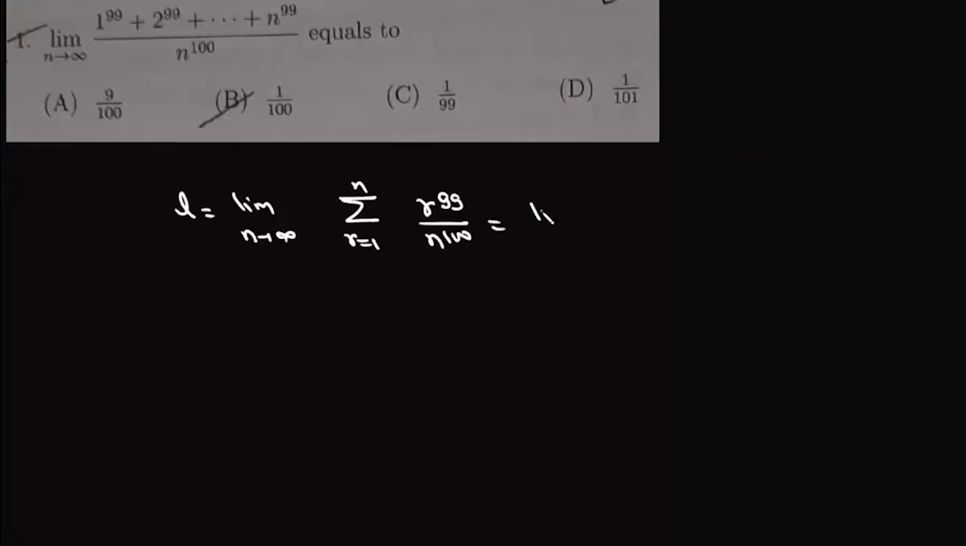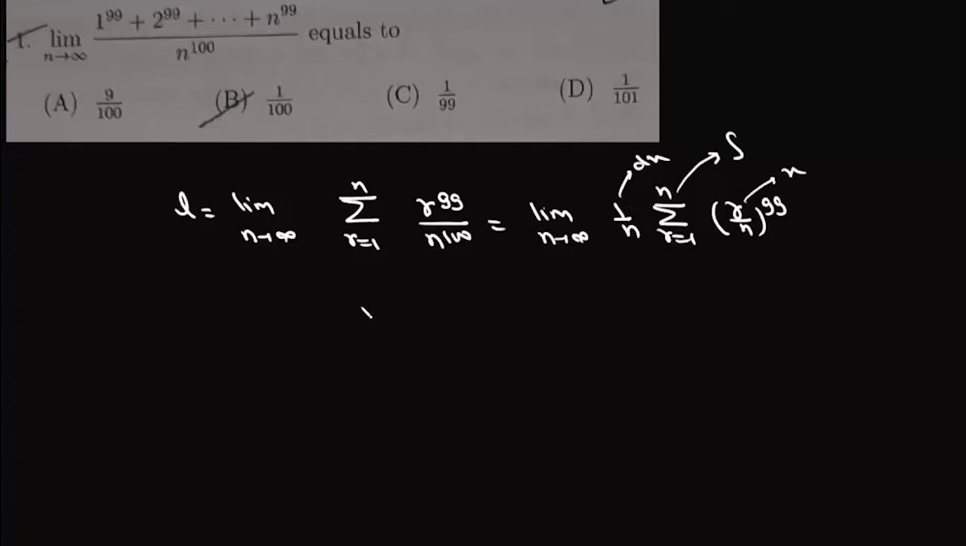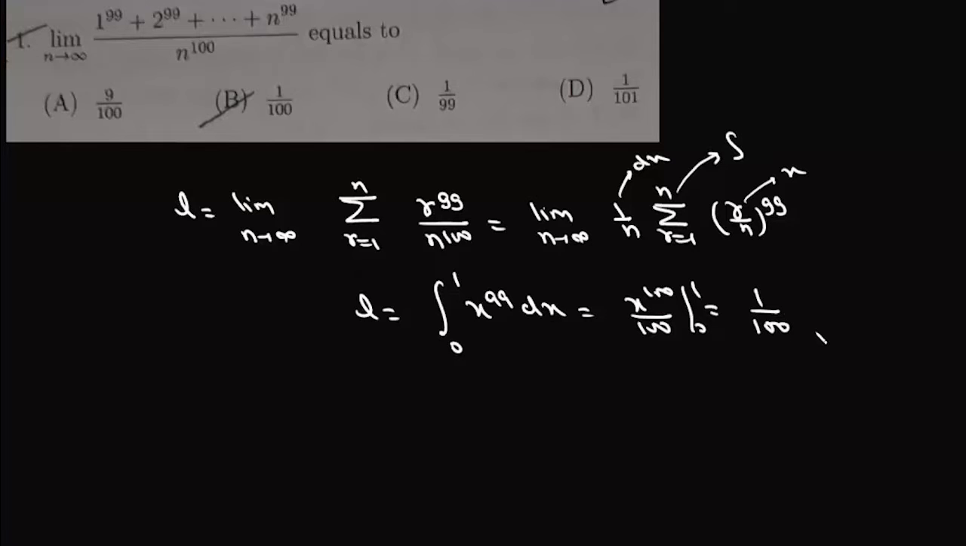which we can also write as this limit n tends to infinity 1 by n, and then this summation r varies from 1 to n, r by n to the power 99. Now we'll take this summation in integral form. This 1 upon n is dx and r upon n is x. So this limit is actually this integral from 0 to 1 x to the power 99 dx, and which is x to the power 100 upon 100 from 0 to 1, which is 1 by 100, and that's your option